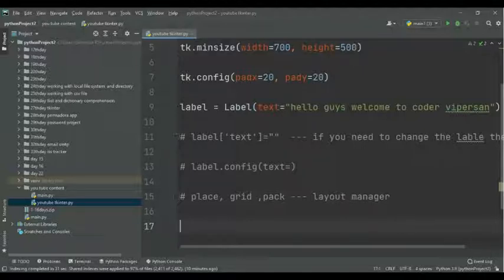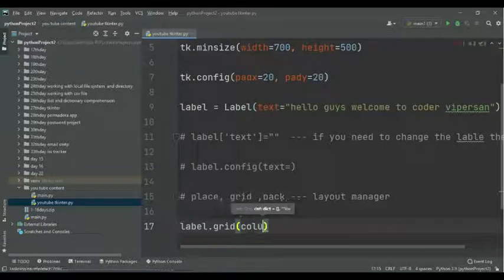For the label, which is an object, I want to give the layout manager. Here I'm using grid. Grid is good to use, and most programmers use grid. Grid is like a matrix: if you know how elements are placed in a matrix, the grid view is very easy.